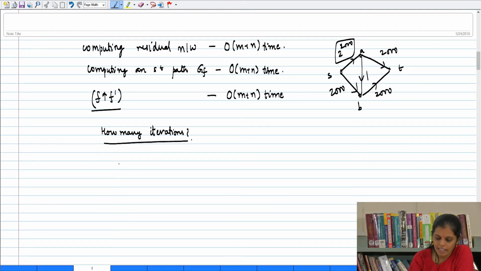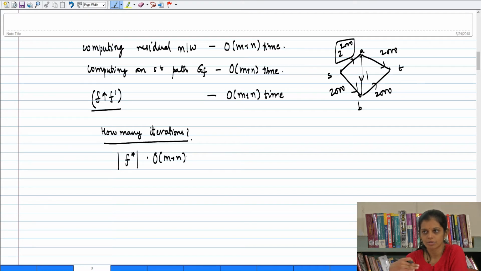So what we can clearly say is that if f star was the max flow in the flow network, and this is the value of the flow, the max flow, that is value of f star, then f star into order m plus n is a valid running time, right? Because you cannot take more than f star into m plus n. Each iteration of the Ford-Fulkerson method allows you to increase this thing. So this is a little imprecise. You have to say that on